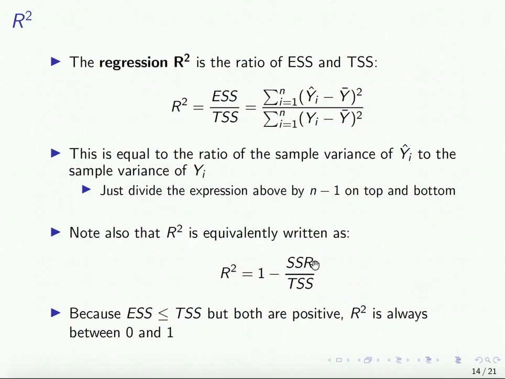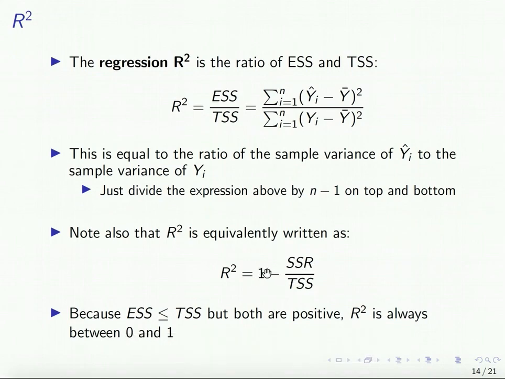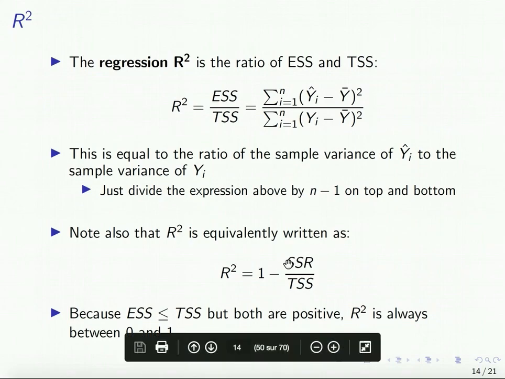Well, in that case, this is 0 over something positive, but this whole term here is 0, and now this is 1. Okay, so that's 1 over minus 0, that's just 1. On the other hand, if your model is way off and you're actually never predicting anything, then your sum of square residual can be 1, and that's going to be,